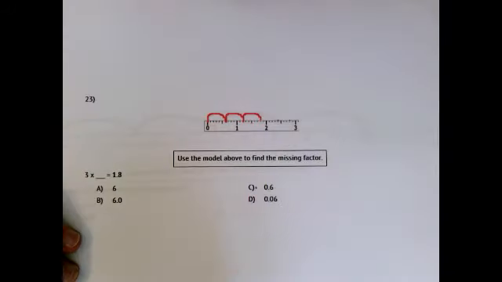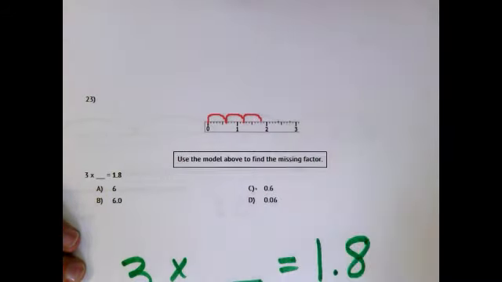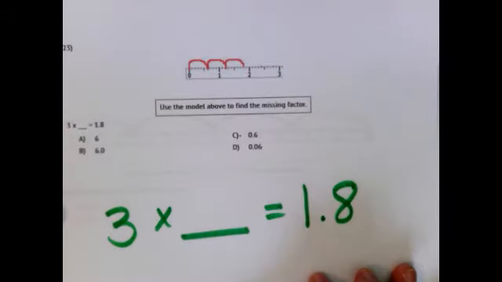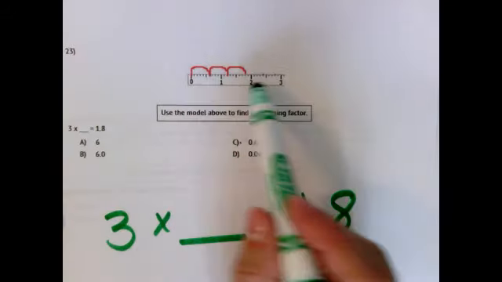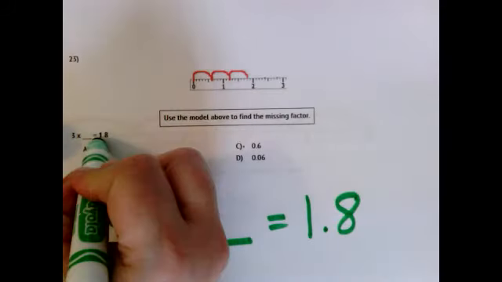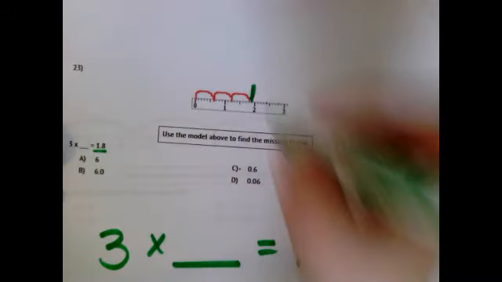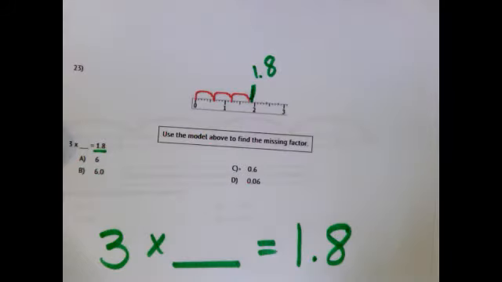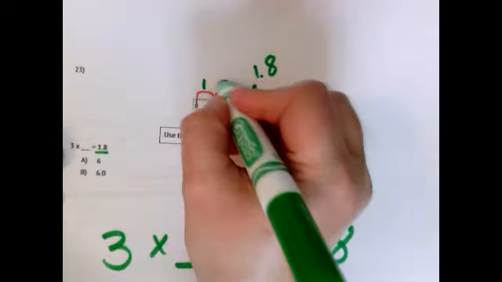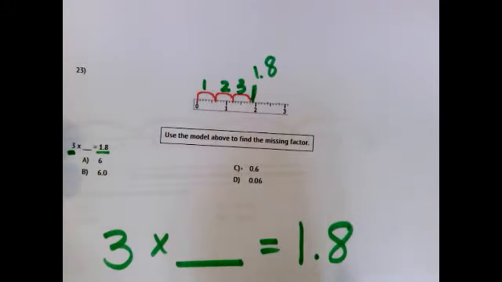All right, this is question 23. They gave me 3 times blank equals 1 8/10. And they also gave me a model up here, a number line. So I can see that my product is already labeled on the number line up here at the very end. So there's 1 8/10 up there. And I see that I have 3 hops, 1, 2, 3. So I got that part. I just need to figure out how